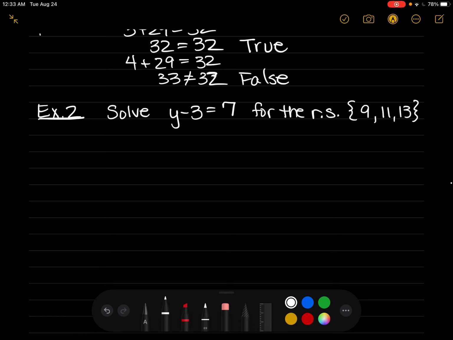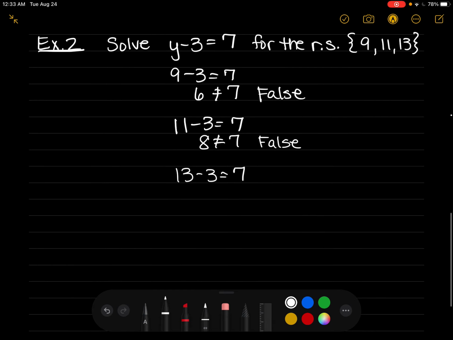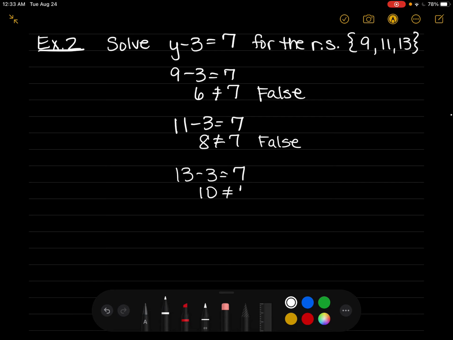Okay, now that you're back, let's go ahead and try these. So if I had 9 minus 3 equals 7, did that work out? No, because that's 6 equals 7. So the 9 was false. Okay, let's try 11. 11 minus 3 equals 7. That equals 8. So that's not true either. That one's false. Let's see if the 13 works. 13 minus 3 equals 7. Well, 13 minus 3 is 10. So that does not equal 7. So this one is false also. So there were no solutions, nothing that worked in the solution set. And that's okay. That sometimes happens. Okay, you can use inequalities